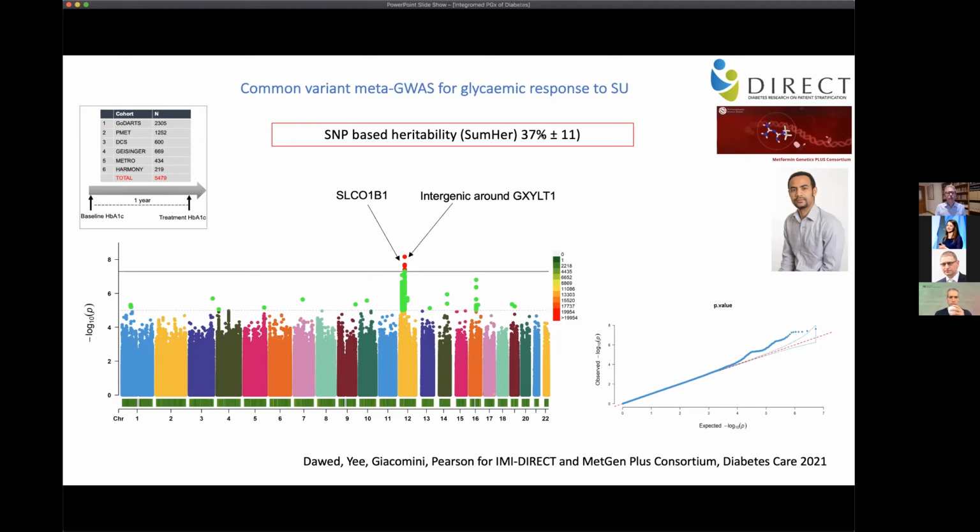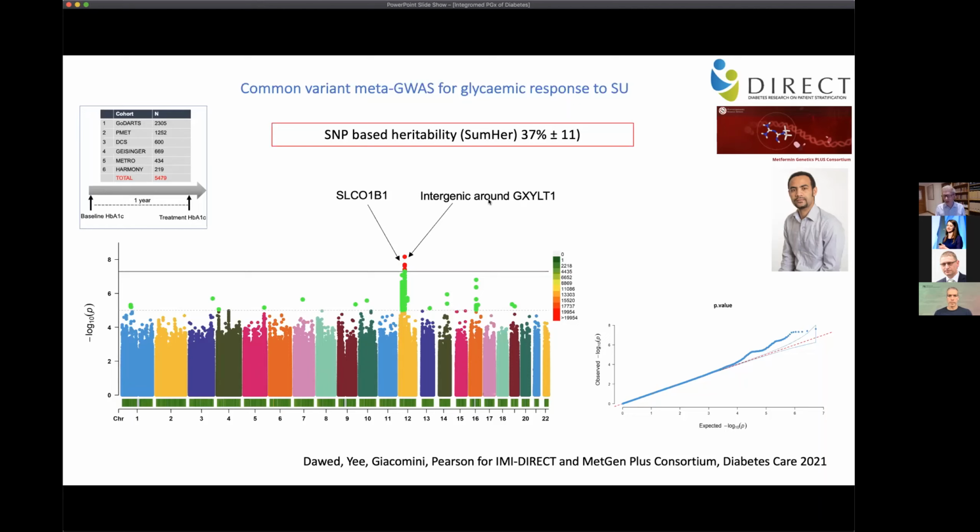We show that using these common variants, the SNP-based heritability is about 37%, which is actually very similar to metformin, and it's about half as heritable as height. So it's a relatively heritable trait, drug response in diabetes. And we show that we actually have 2 hits in the same chromosome here that are involved in glycemic response to sulfonylureas. The first hit, we're still looking at the mechanism of, and can't give you any more answers, but